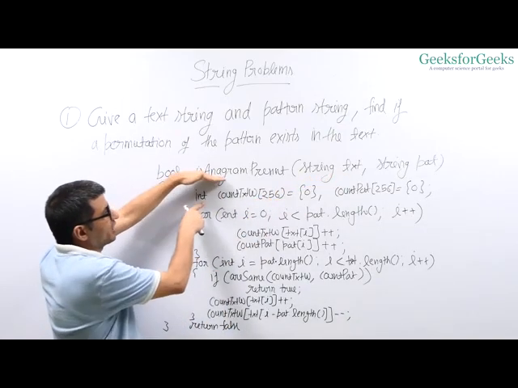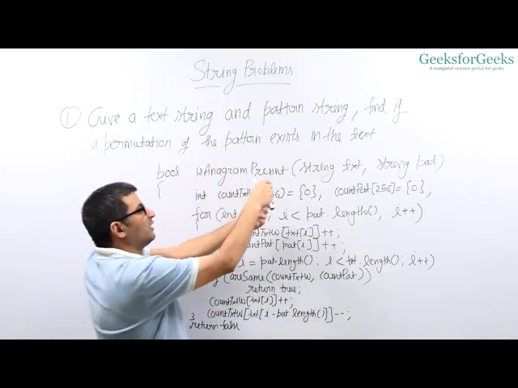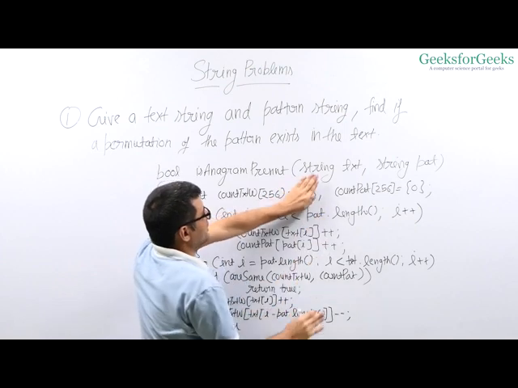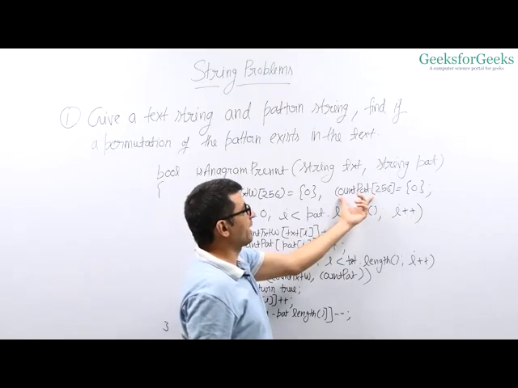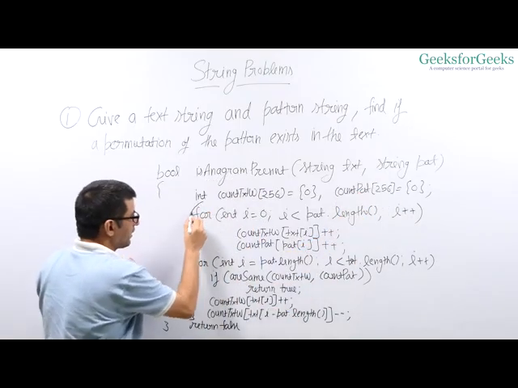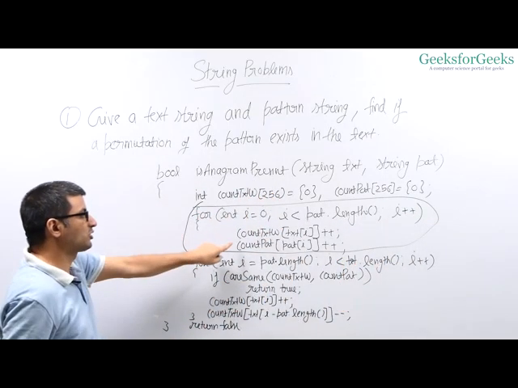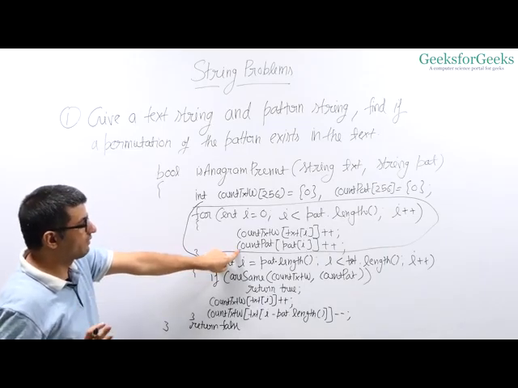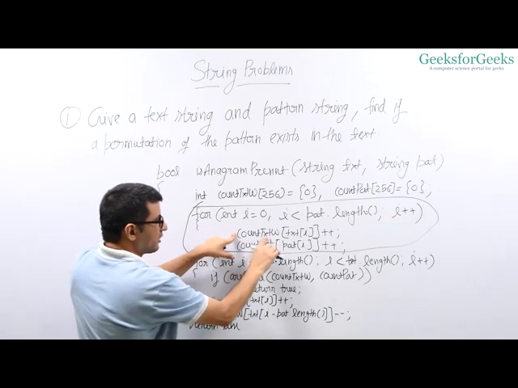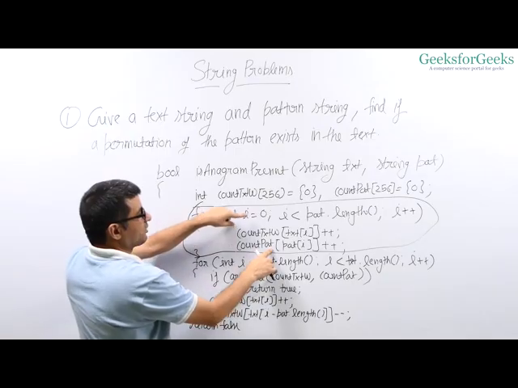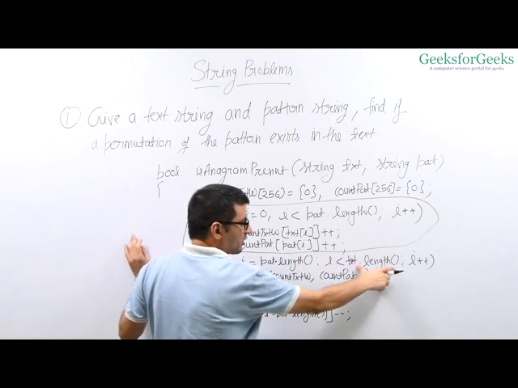So what we do is, we initialize the count of text window as 0. We were comparing window-wise. And in Java, it's by default 0 anyway, so I do not need to write this part or this part in Java, right? I initialize the count of pattern as 0. So this is where I compute the count of first window in the text, and I also compute the count of all the characters of given pattern. So I have the count of first window of text here, count text window, and count pattern as count of characters in the pattern. So now I run a loop from the mth character to last character of the text,